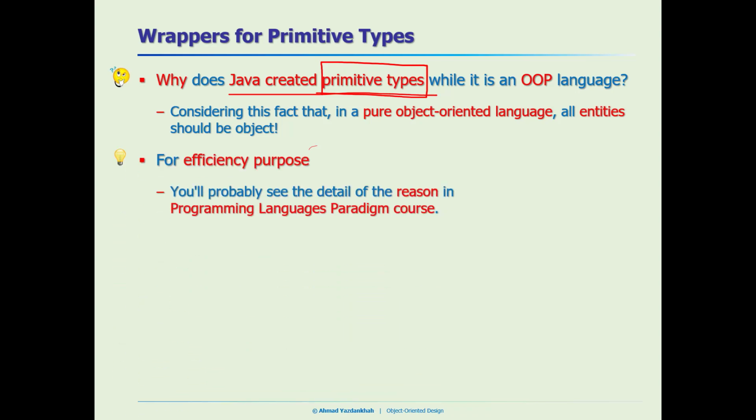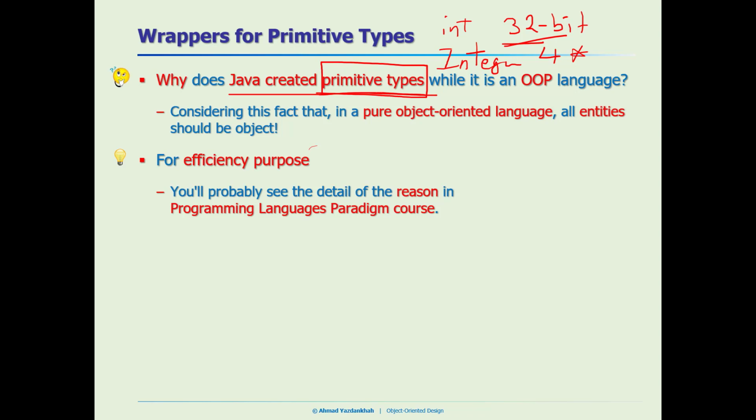You know that a primitive type just occupies a few bits. For example, an int, we said that it is 32 bits, right? But the Integer class, the wrapper class for int, since it is a class, it's an object, it takes at least 4 times this 32. So in other words, Java created primitive types,